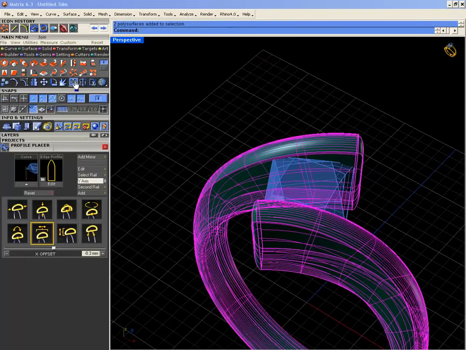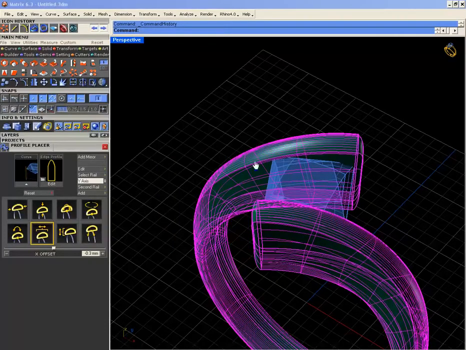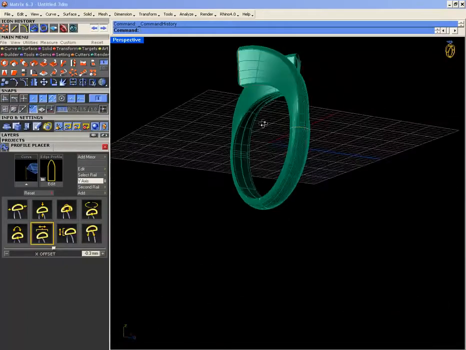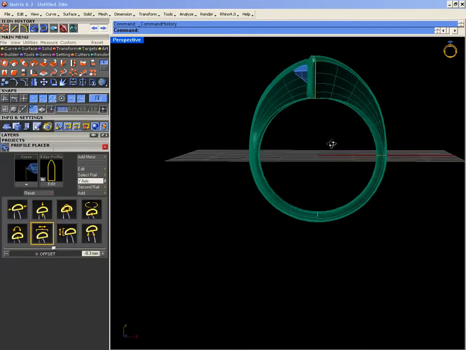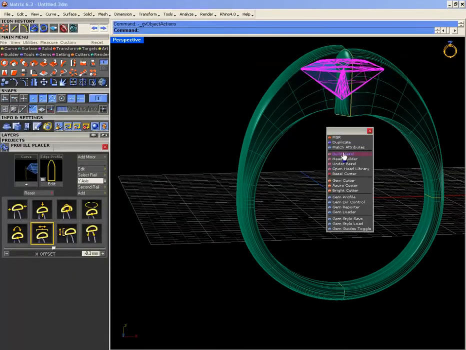Join them all together. Yeah, and see this time you have a closed polysurface. 4 polysurfaces join into one closed polysurface, which is a good sign. It should be always closed. If it's not closed, then it means that you have a problem with the object. So this is a perfect design, okay, with no problem. So we select this one, press F6, and then we create an under bezel for this